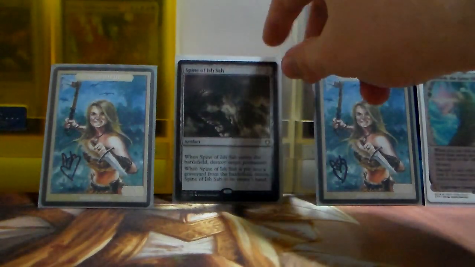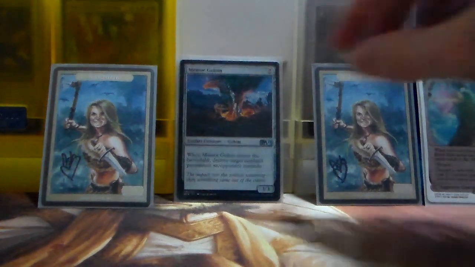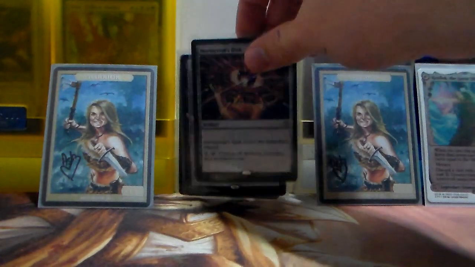Spine of Ishsaw, yet again, just more removal in our lack of colors. Same with Scour from Existence. Same with Meteor Golem. And then into our board wipes, we have Nevinyrral's Disc, which can be dangerous because we have a lot of artifacts,